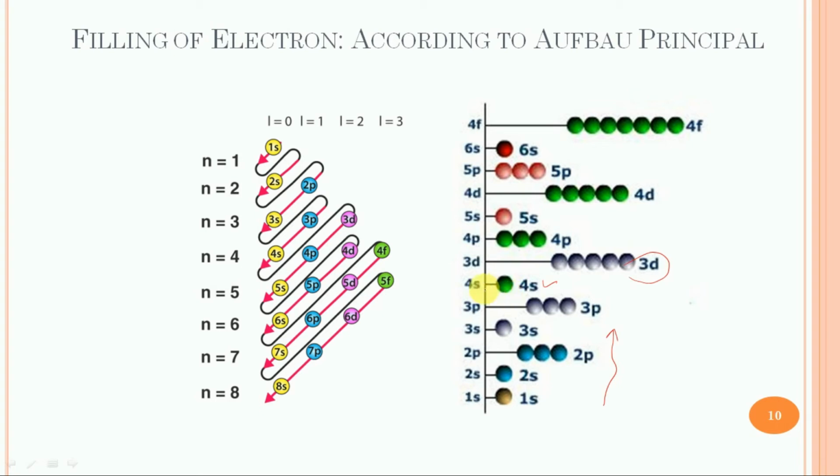This anomalous behavior can be explained on the basis of the penetration power of different subshells to the nucleus. The different subshells have different penetration power, and the orbital which penetrates more to the nucleus will be less shielded from other electrons and therefore feels more nuclear charge. As a result, it will be more strongly attracted by the nucleus and will have lower energy.